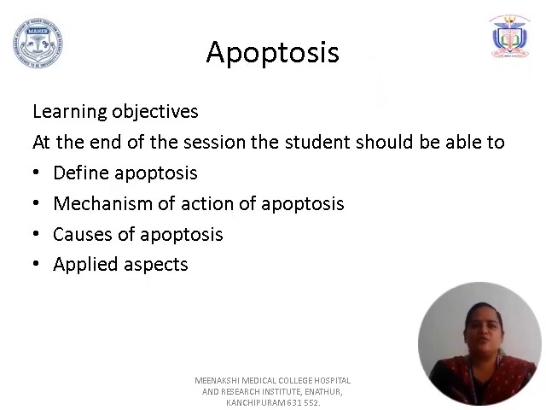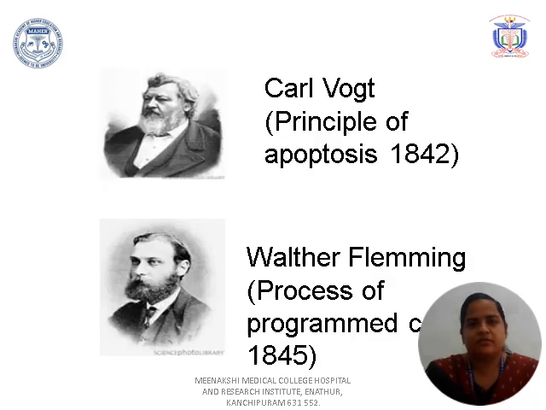The learning objectives for this session are, at the end of the session, the student should be able to define what is apoptosis, the mechanism of action, how apoptosis works, what the causes are, and a few applied aspects. To begin with, a little history related to apoptosis: the German scientist Karl Vogt was